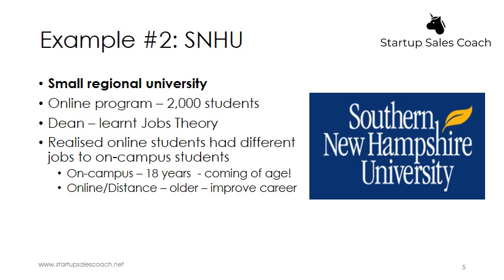And they realized that the university had two different jobs to do. The first was for the on-campus school leavers. The job of the university was to help them provide a coming-of-age experience. Many would leave home, or they'd be able to have a fantastic immersive education experience and meeting other people from different backgrounds. And it was a coming of age for those young people. The online and distance customers, however, were very different. They were older. They were wanting to improve their career and their job prospects for their families as well.